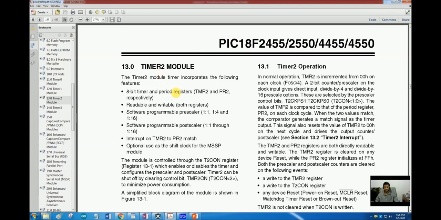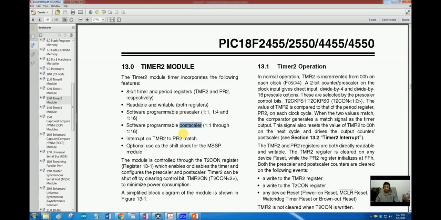The operation is similar. There is a prescaler and postscaler associated with timer 2. We didn't see anything about the term postscaler yet. We only discussed the prescaler that was present in both timer 0 and timer 1. So we already know what a prescaler does. In short, it divides the clock input to the timer by a certain number that is software programmable, and we can select from the different available options.